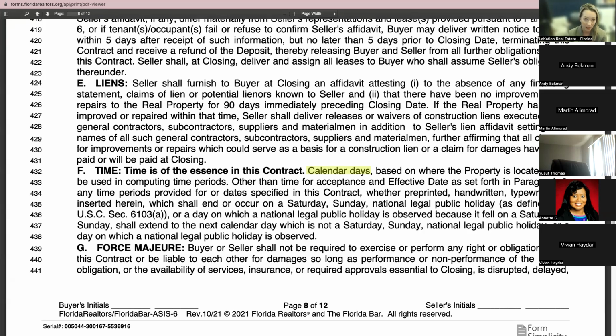Liens. Seller shall furnish to buyer at closing an affidavit attesting to the absence of any financing statements, claims of lien, or potential lienors known to seller, and that there have been no improvements or repairs to the property for 90 days immediately preceding the closing date. If the real property has been improved or repaired within that time, seller shall deliver releases or waivers of construction liens executed by all general contractors, subcontractors,